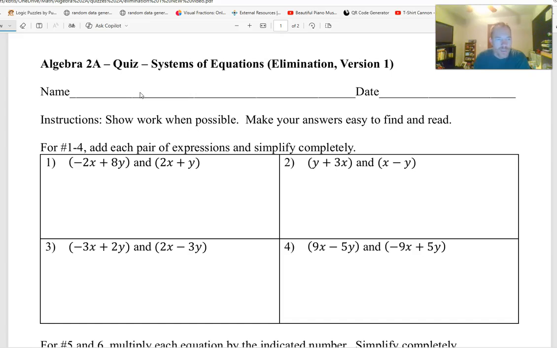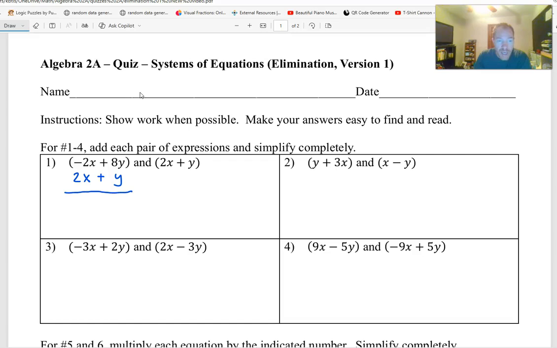So our first set of problems here, 1 through 4, we're going to add each pair of expressions and simplify completely. You could, if you wanted to, write this out horizontally, but what we're going to see typically with the systems is that the equations will be stacked vertically. So I'm just going to take this second expression and write it underneath. I'm going to line up the like terms, so line up the x's with the x's and the y's with